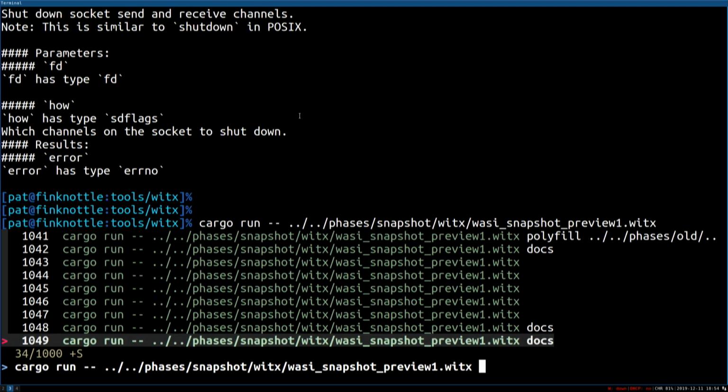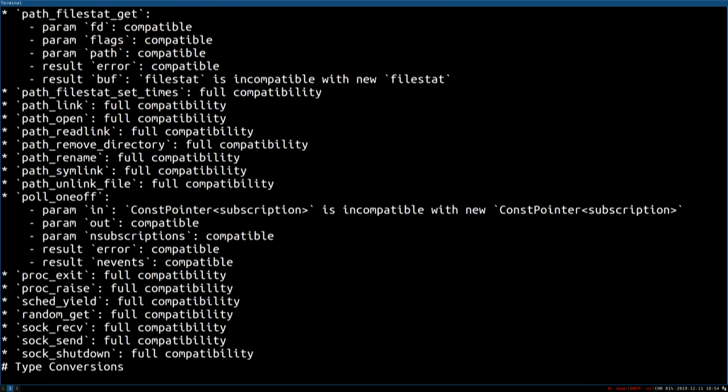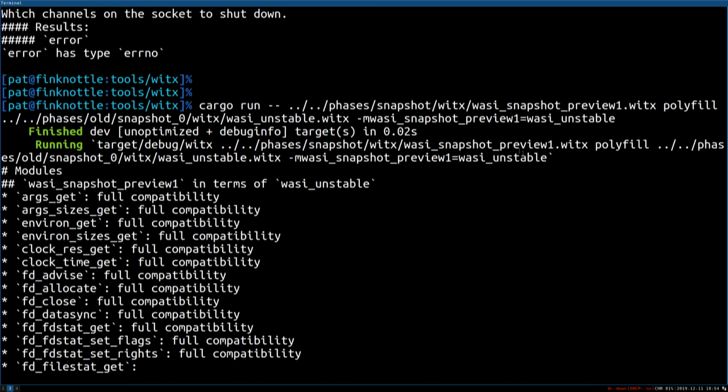So where's the polyfill one? Okay, and so this is the difference between the snapshot 1, the current standard, and the original snapshot 0, which is we keep all these archived. We don't use Git history to keep our snapshots. We actually keep an archive in a directory. And the idea there is rather than using Git checkout to grab all the old one or tags or whatever, we want them to all be available because we expect implementers like me to be supporting many of them simultaneously.